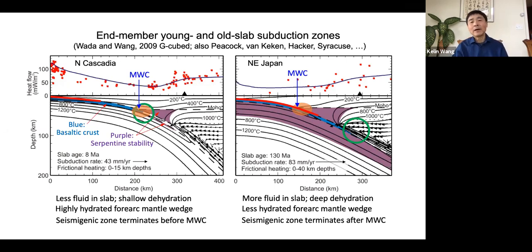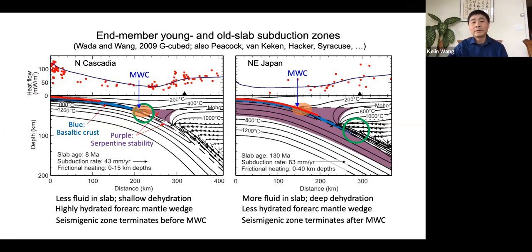So that's about all I have to say to review about the thermal state and petrology of subduction zones. And in this, you notice the mantle wedge flow here really controls the thermal state to a large extent. But I also notice in these thermal models, the Forearc Mantle Wedge does not participate in this flow. It is stagnant.